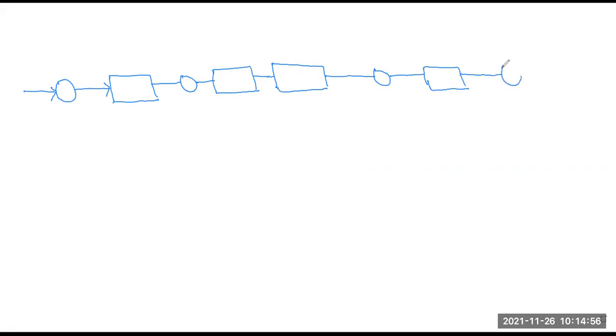Okay. This is another summing point, then another block, then another block, then the control system, another block. This is another summing point, then the output from here. So this is R1 plus error, the control system.